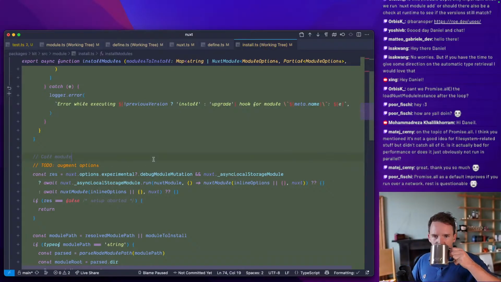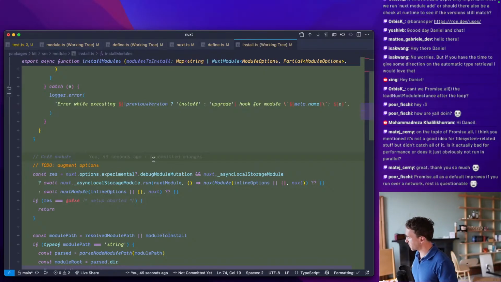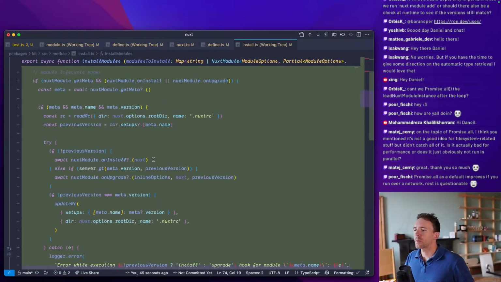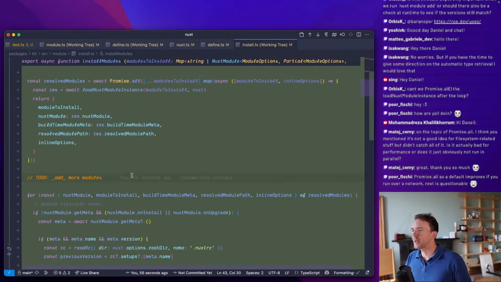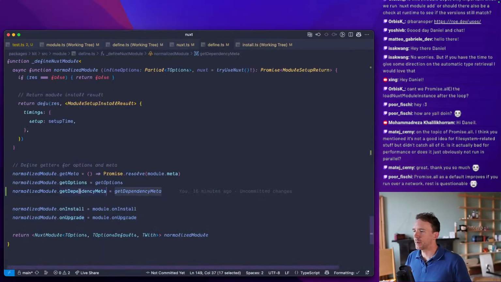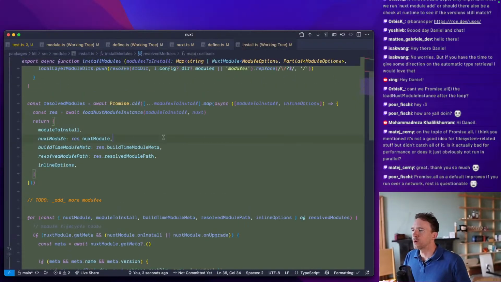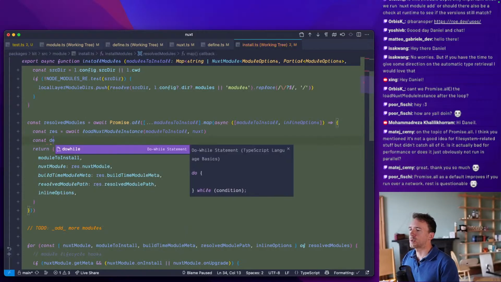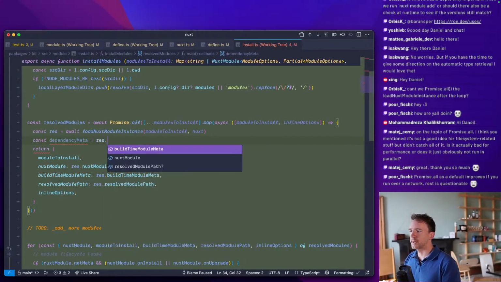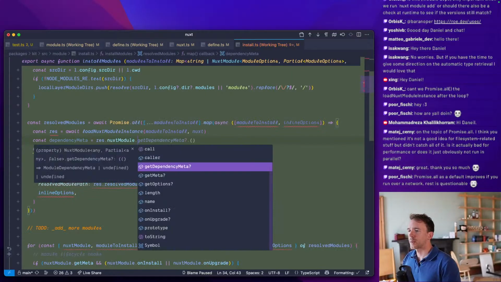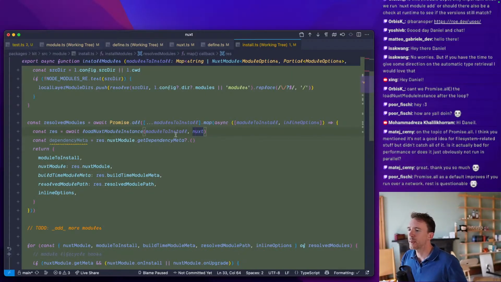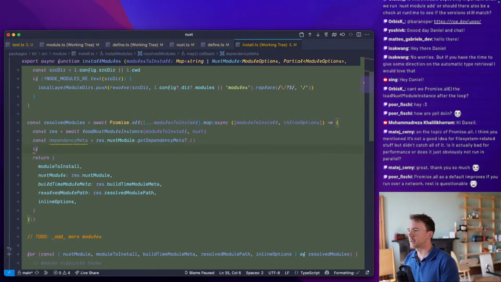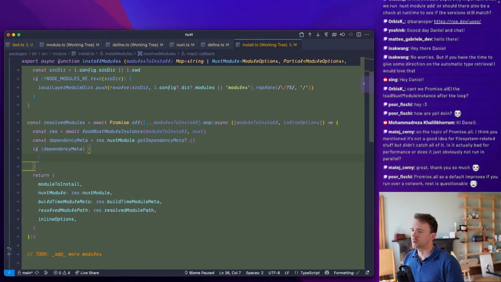So there are two things to do there. First, we need to add more modules. So we can get access to that with get dependency meta. And so we want to do something like this. Const dependency meta is res Nuxt module get dependency meta. So this may not exist, right? But if it does exist, then we can register it. So we will do something like